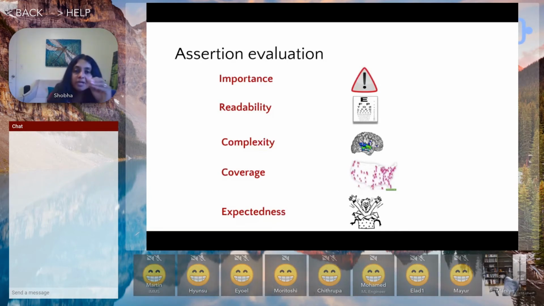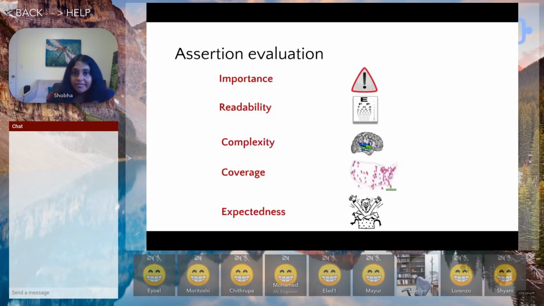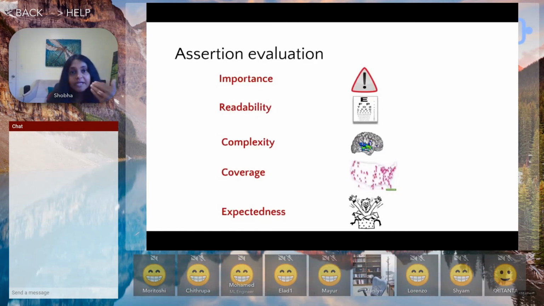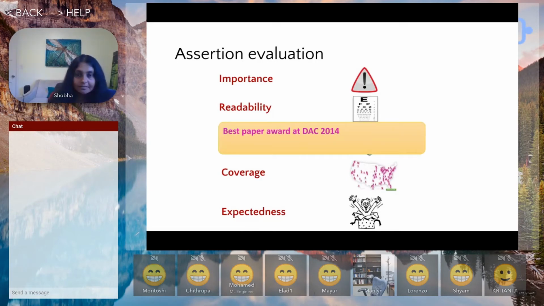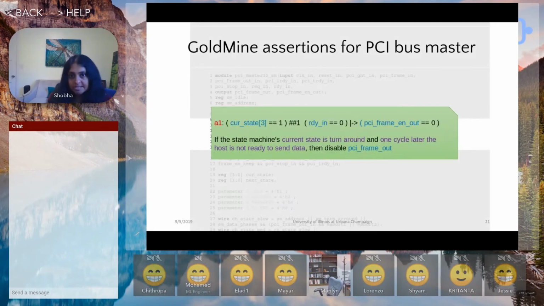And these criteria were again provided. We developed static analysis methods to evaluate the assertions based on these criteria, and then we provided that to the machine learning algorithm, and the ML algorithm just kept refining its learning based on this kind of evaluation. And this turned out to be extremely valuable, because here is an example of a Goldmine assertion for